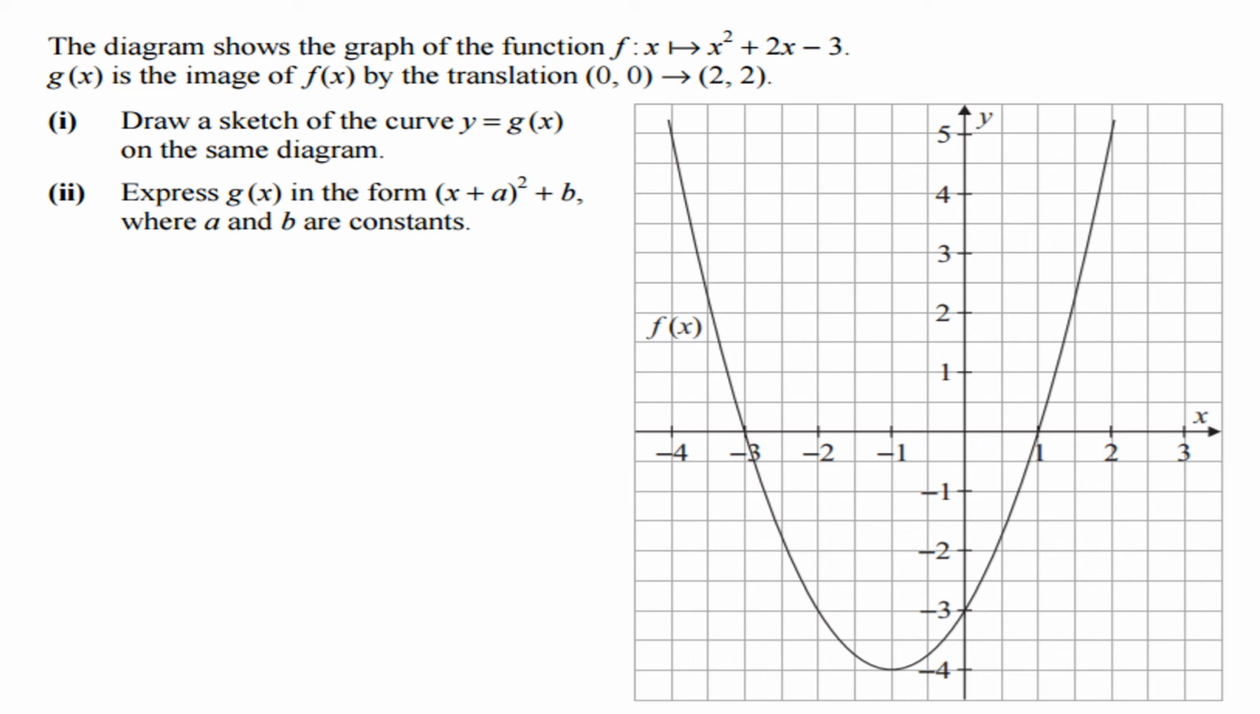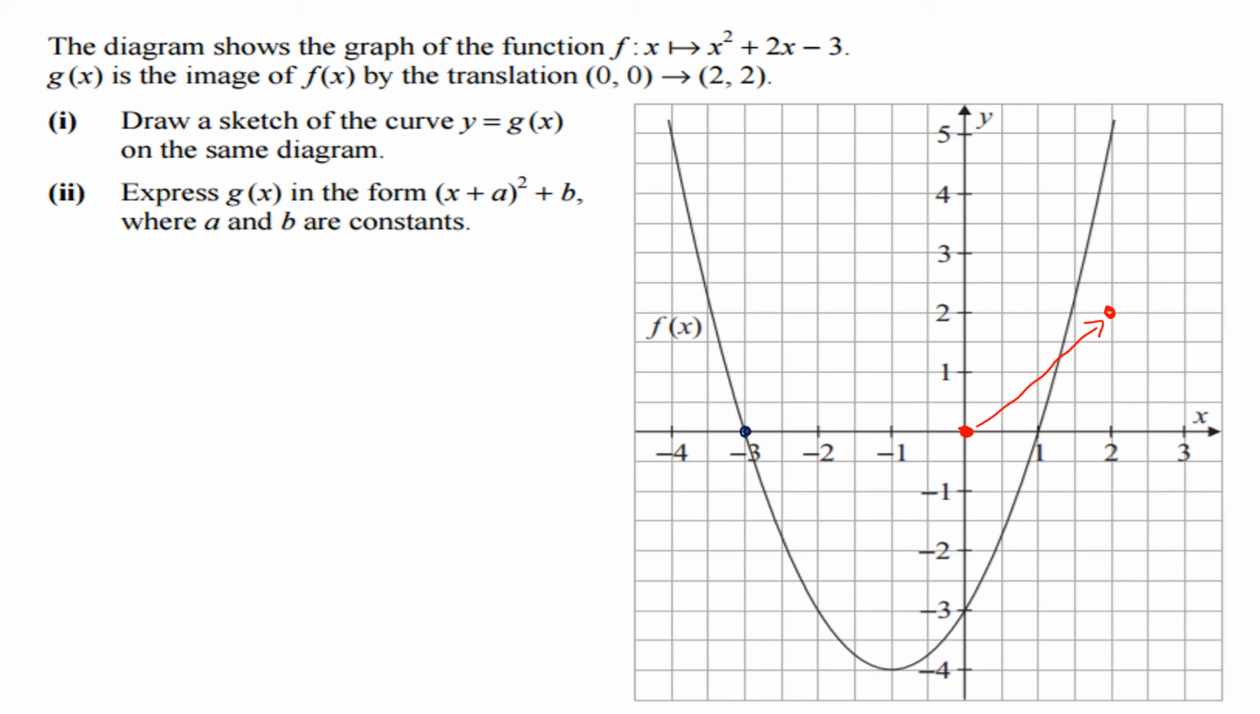Okay, so when we talk about translations, there are a few different ways that they can present it. This has presented it with the actual coordinates. So it has told us that every point, if it starts, for example, at 0, 0, will end up at 2, 2. So there is the translation, there is the movement. So what we're going to do is take some key points on the